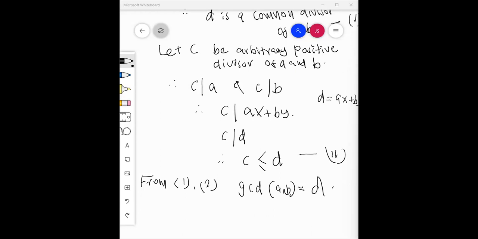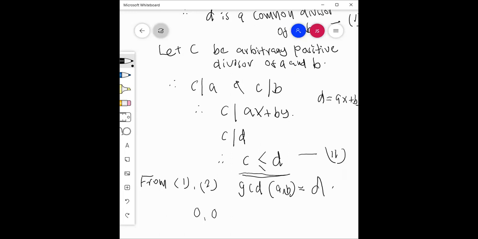That means also that a common divisor can be a greatest divisor also. For example, remember that C is less than or equal to D, right? So if a common divisor exists, there should be a greatest common divisor in set S. And yeah, this is not true for this one, right? At least A, B doesn't equal 0. At least 1 is not equal to 0. That is true. But for this one, you can see